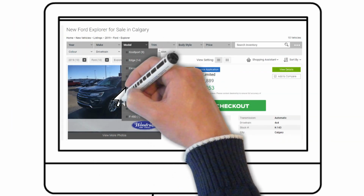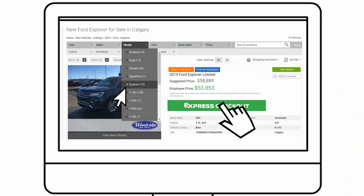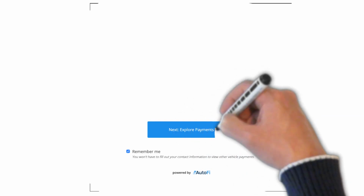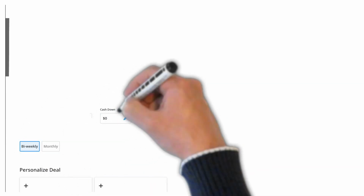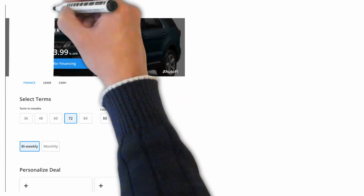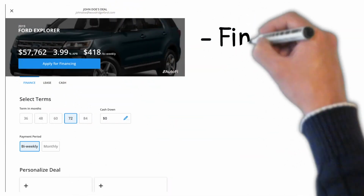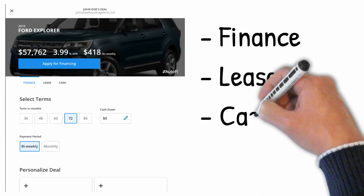Review the available models, and once you find the one you're looking for, click Express Checkout. Fill out your name, preferred email address, and phone number, and then click to review your price and payment options. Then you'll be able to choose what option works best for you, whether it be a finance, lease, or cash deal. Plus, you'll be able to alter monthly terms, down payments, and payment frequency until you find the right number